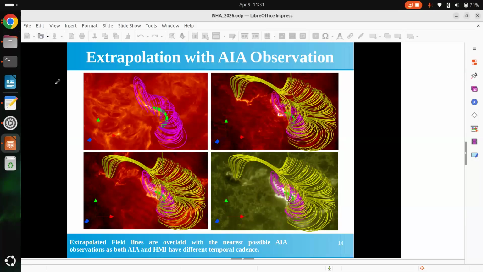Okay. So as the flux rope height is increasing, that will stretch the overlying field lines, the sheared arcades, and this will